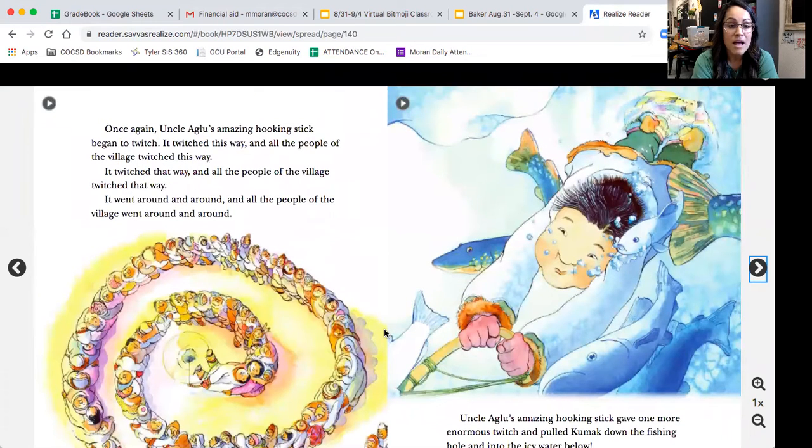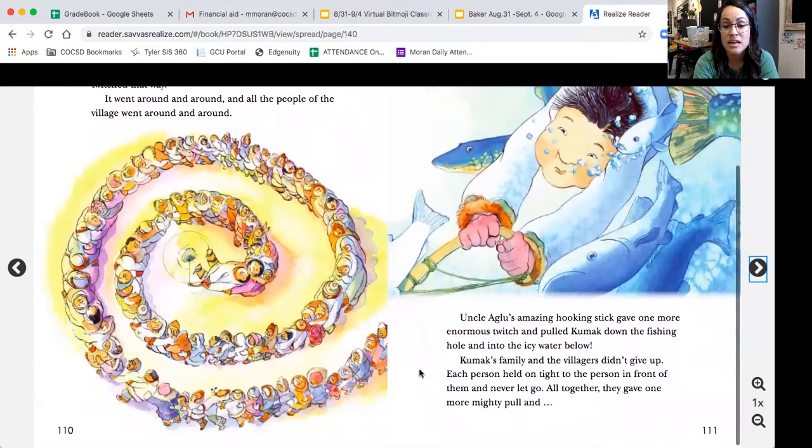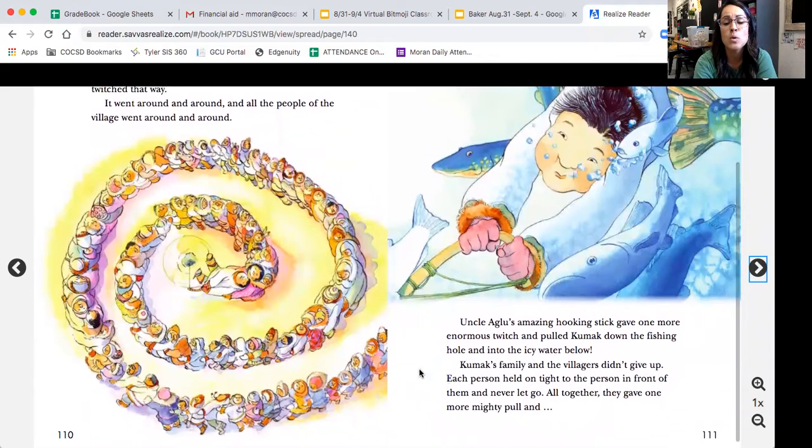Once again, Uncle Agloo's amazing hooking stick began to twitch. It twitched this way, and all the people of the village twitched this way. It twitched that way, and all the people of the village twitched that way. It went around and around, and all the people of the village went around and around. Uncle Agloo's amazing hooking stick gave one more enormous twitch and pulled Kumak down the fishing hole and into the